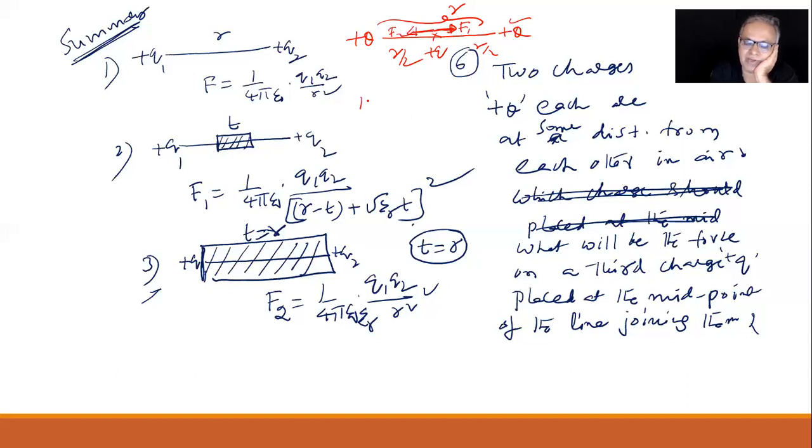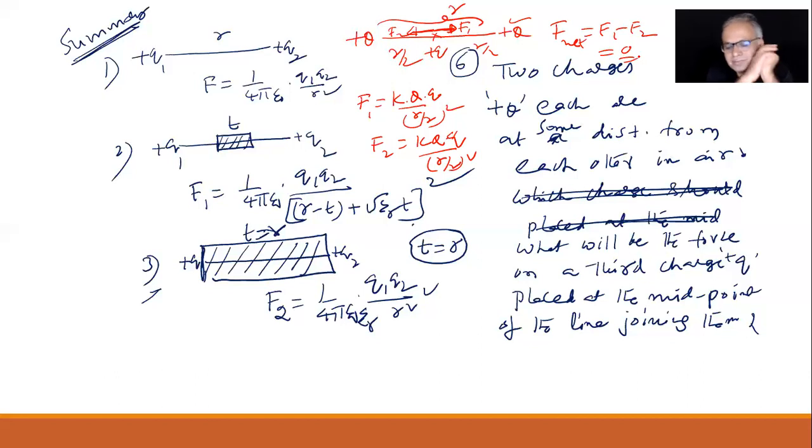Okay. So F1 equals K into Q q by (r by 2) whole square. F2 is equal to K into Q q by (r by 2) whole square. Right? Both are equal in magnitude and opposite to each other. So F net equals what? F1 minus F2, which is same, so 0. That means the middle charge is equally repelled by this charge and that charge. All right? Tell me, Sai Bharat.